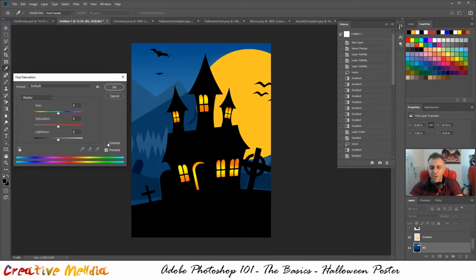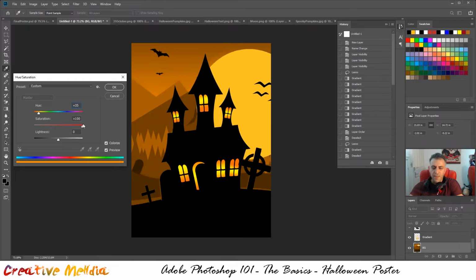You want to change the color, so we want to click on colorize. Click on colorize. This is your intensity of the color. That's the value of it, how light or dark it is. I'm going to leave that at 0. Change that to quite intense in terms of saturation. I'm looking for an orange one. Or maybe a bit more intense even. Yeah, that's not too bad. So 35, 100,